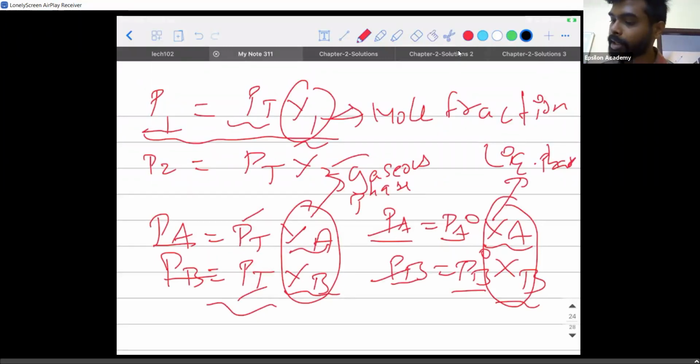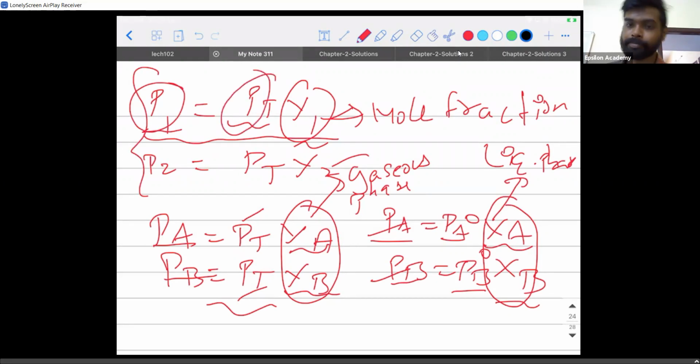Okay, sure. So here, this is the formula for Dalton's law of partial pressures. This P1 is the partial pressure of the first component, 1. That is equal to PT, the total pressure. How will you calculate total pressure? By adding the individual partial pressures. P total is the total pressure and Y1 is the mole fraction of that component in gaseous phase. That's it. Same way, P2, the partial pressure of 2, will be equal to total pressure into Y2. Y2 is the mole fraction of component 2 in gaseous phase. Okay? Yes, sir. Thank you, sir.